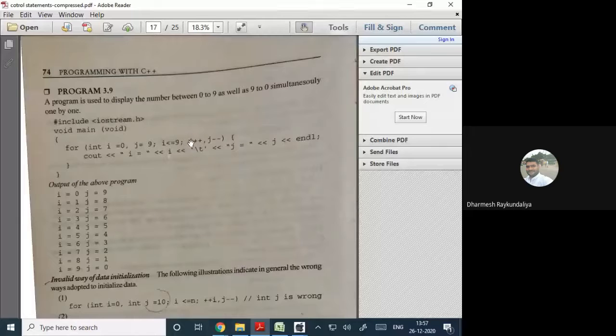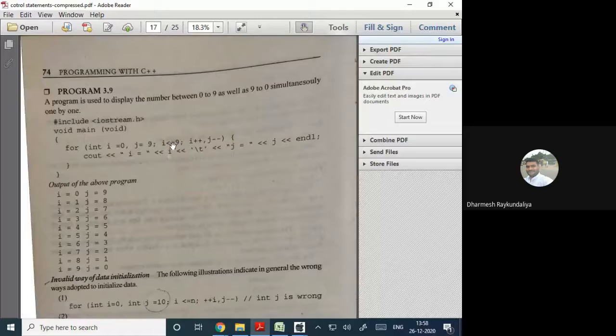So you will go for the increment, but as soon as you increment, you wish j to be decremented by 1. So i becomes 1, j becomes 9 minus 1, that is 8. And then you are printing i equal to i and j equal to j. You can see that initially it is printing 0 and 9. Then i will be incremented by 1; 1 is less than or equal to 9. And j is decremented by 1, so j goes from 9 to 8. Then there will be an increment in i; 2 is less than or equal to 9. Then again you will continue with 3, 4, 5 up to 9.